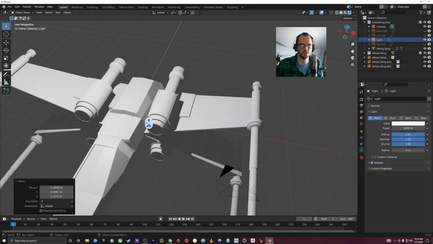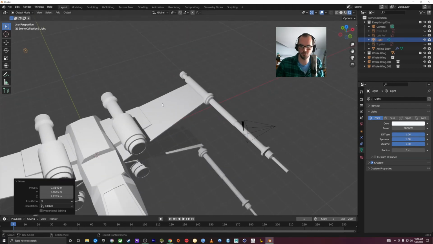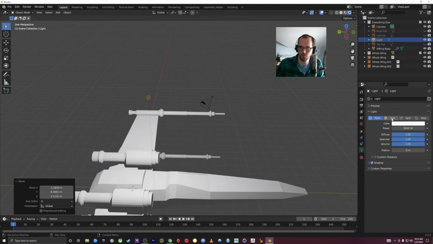Okay, the different kinds of lights. So you can add a light in here, but you can also just change it on the object data property. So that's a point light. Sunlight